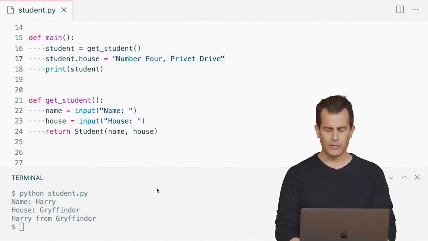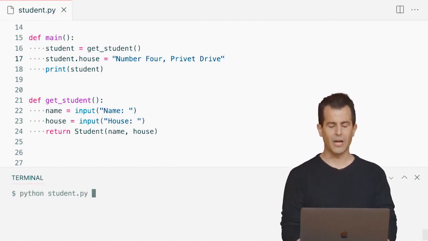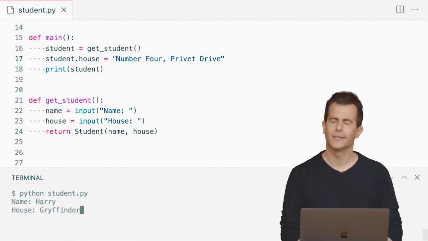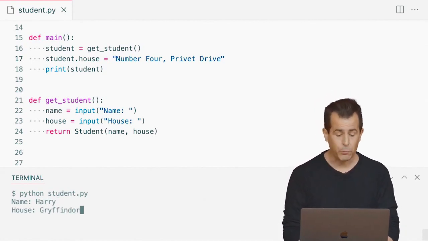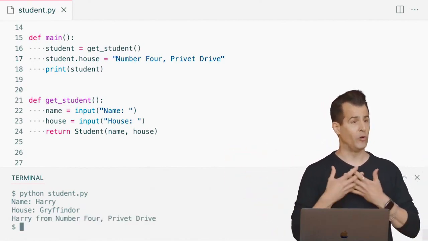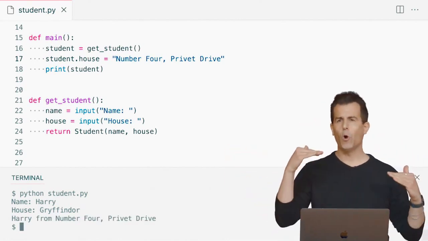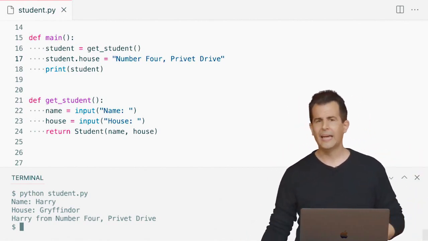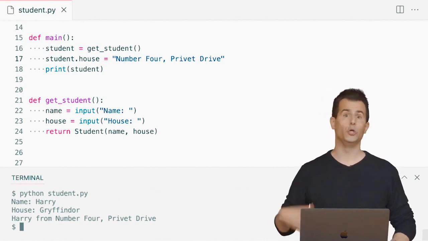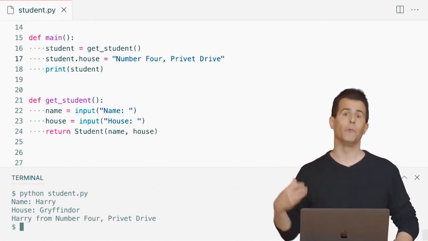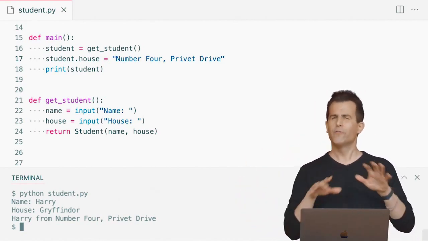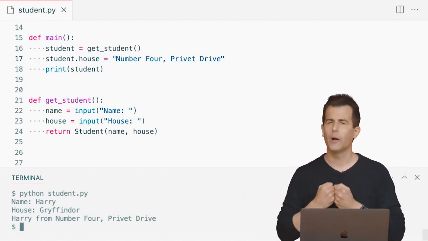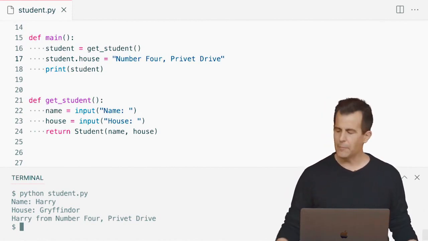So if I now clear my terminal window and run python of student.py, I'll still type in Harry and Gryffindor to meet my requirements that the house be one of those four. But when it's printed, notice I've still overridden it. So it seems that while classes do allow us a little more control over the data we're storing, it doesn't necessarily prevent the user, or rather the programmer, be it myself or maybe a colleague, from still kind of messing things up. So here too, in the spirit of programming a little more defensively, allow me to introduce